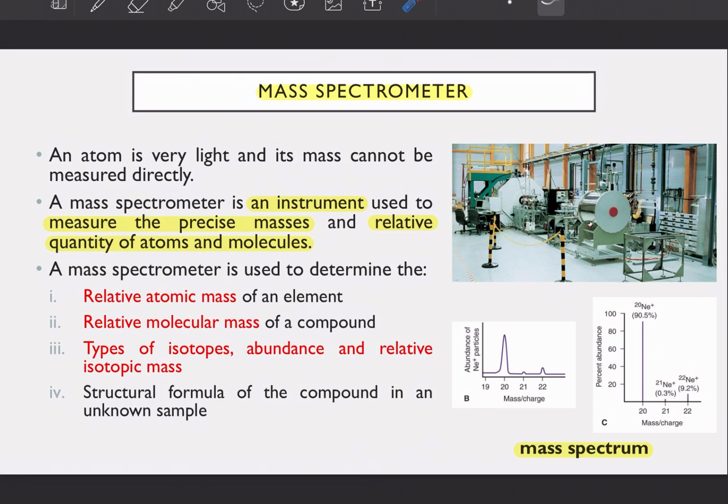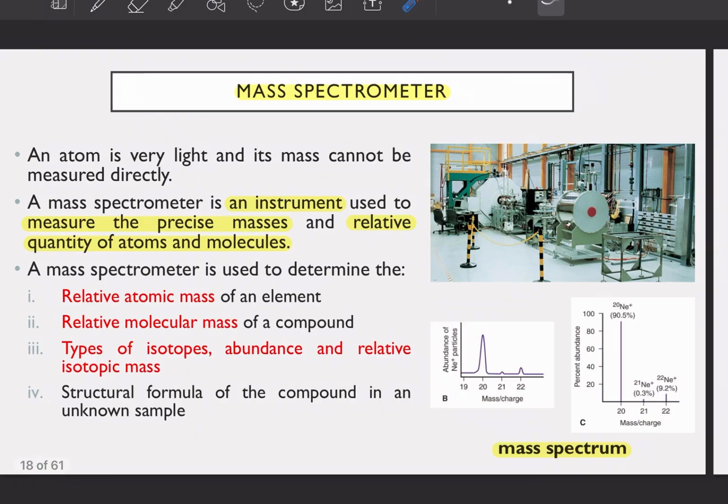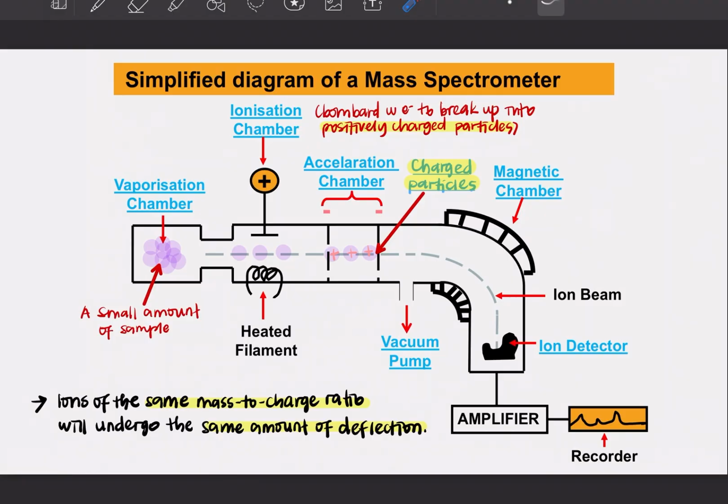Okay, so the data that will be produced from the mass spectrometer is called mass spectrum. Okay, it looks like this, where you have abundance and mass to charge ratio. So let's see how this mass spectrometer works. So what you're going to do is you're going to take a small amount of sample, then put it in your vaporization chamber. So dalam vaporization chamber ni, your sample can exist as solid, liquid or gas,